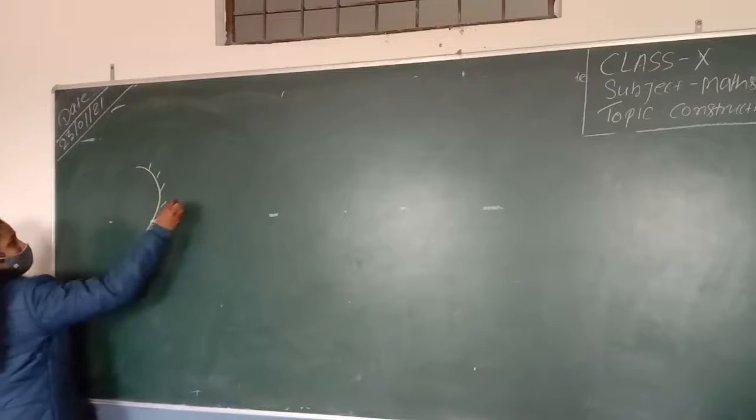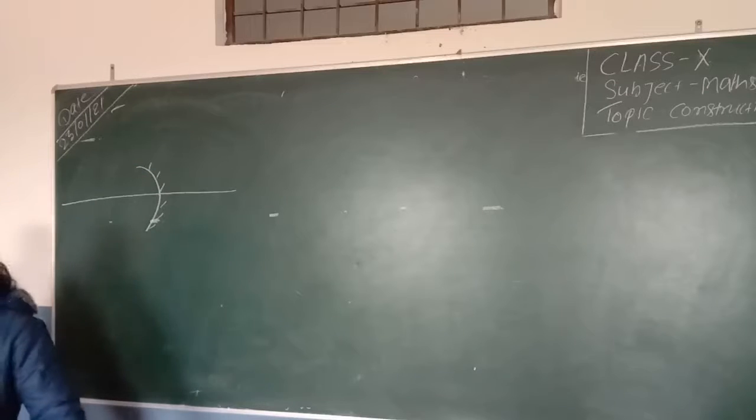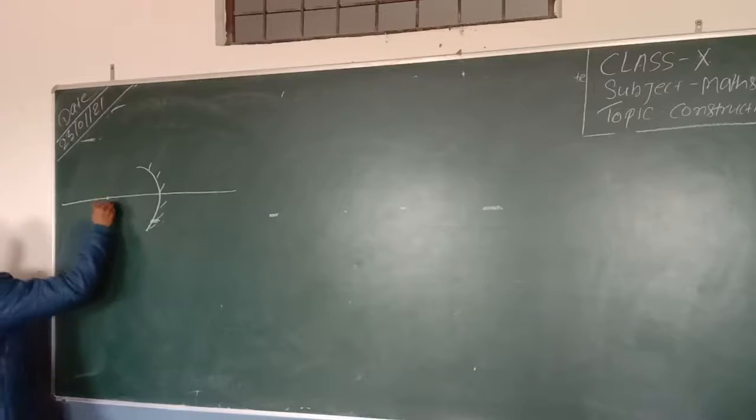This is the concave mirror. Anshika, can you tell me where should the object be placed so that we can form the virtual image of the object by using the concave mirror? The condition where the image is virtual in case of concave mirror. No, beta, behind the mirror means the image is formed behind the mirror. So, what is the condition where you will place the object so that the image is formed? Yes, very good.